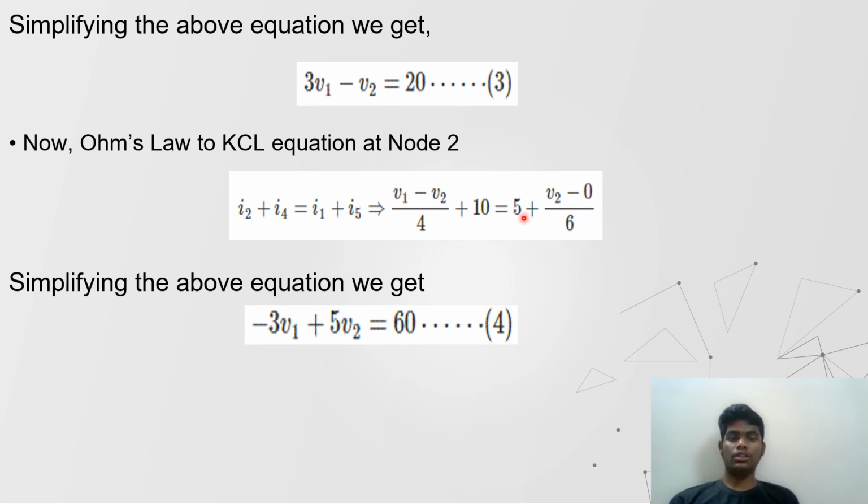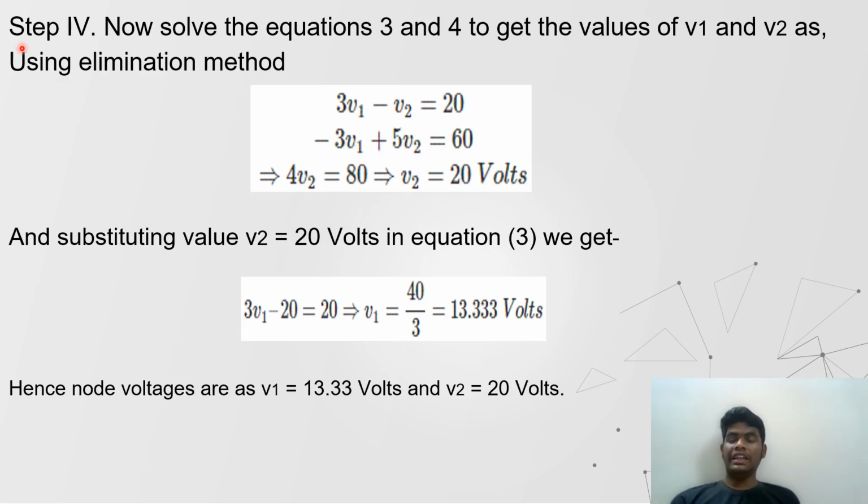0 means reference node by 6. By simplifying the above equation, we get minus 3v1 plus 5v2 is equal to 60. That is the fourth equation. In step 4, now solve equations 3 and 4 to get the values of v1 and v2